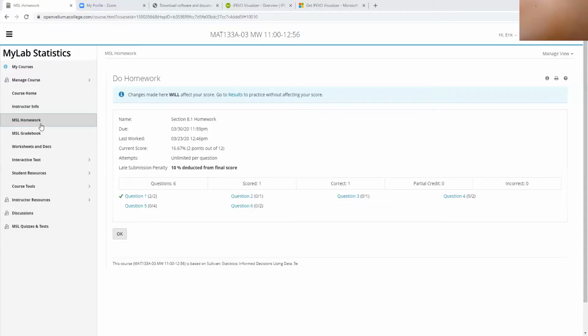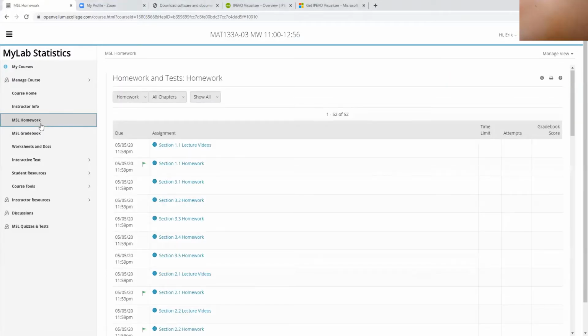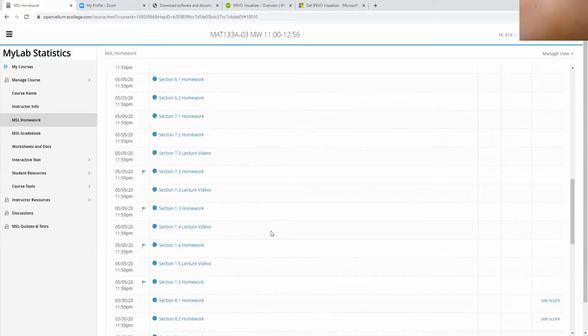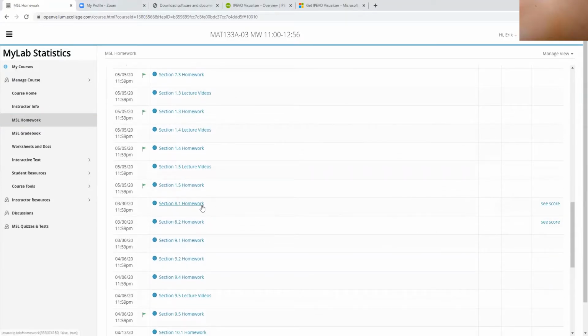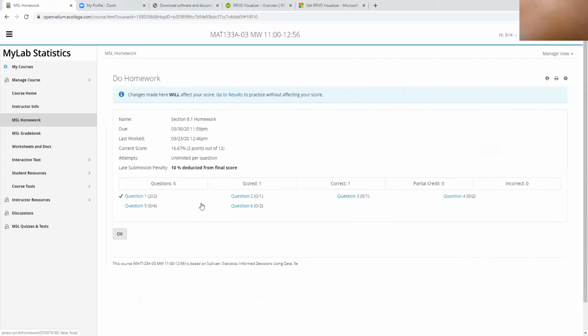Where do I want to show? Not my email. Here we go. You have to be on this homework tab in order to change your score in the homework. So you would go to the homework assignment, click it, and it opens in this screen. Any place you have an X, that's the one you have to retry to get correct. There is a 10% deduction from your final score if you do it after the due date,